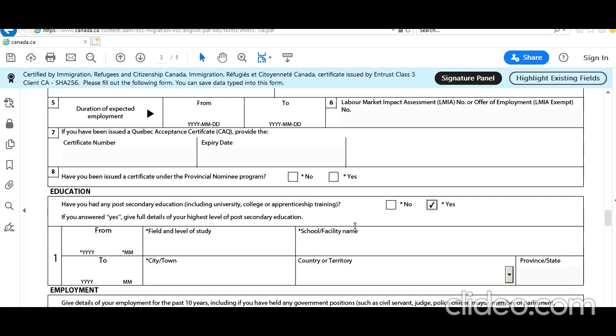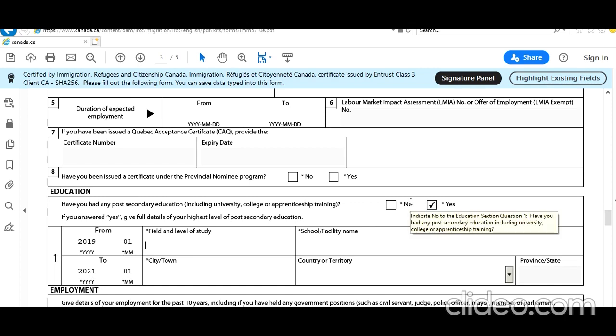So I select yes, he studied. So let's say he studied in Canada for 2 years, from 2019 01 to 2021 01. Field and level of study.